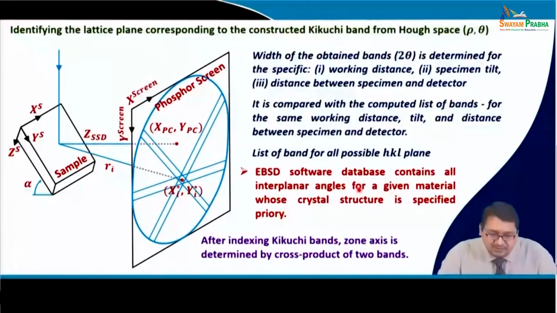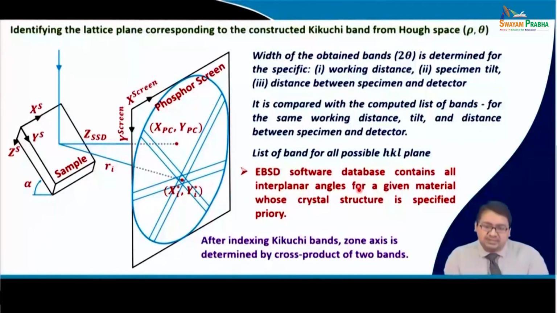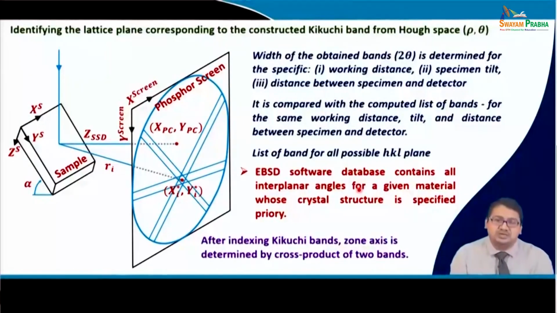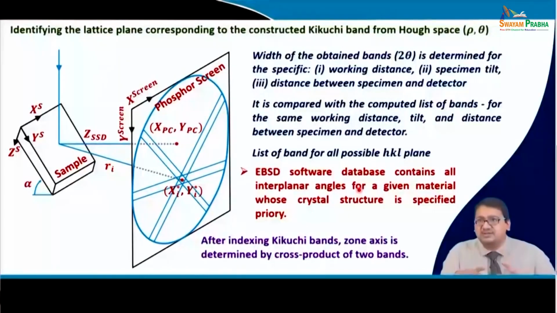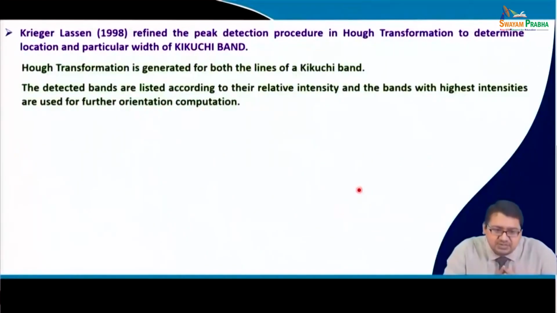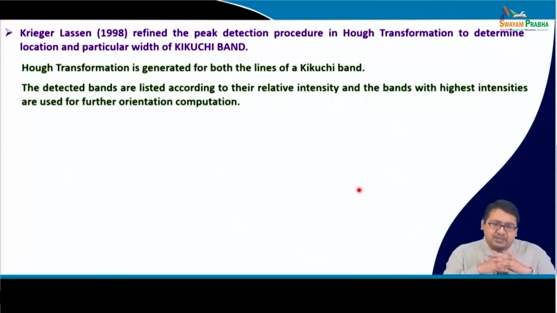So, after we obtain the Hough space and we construct the Kikuchi bands, that means, once we have indexed the Kikuchi bands, the zone axes can be determined between two bands, and thereby the ND can be determined, and thereby the RD can be determined using the formulation that we showed in the lecture before last, and thereby the software also calculates the orientation using EBSD. So, finally,